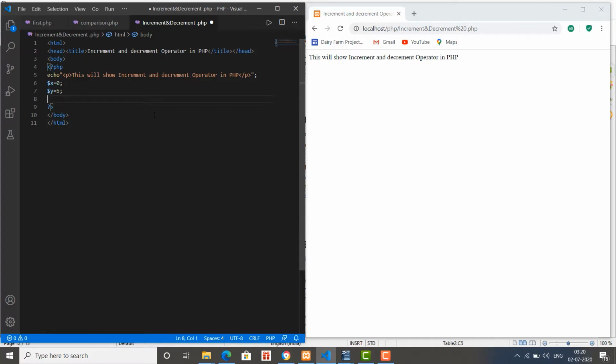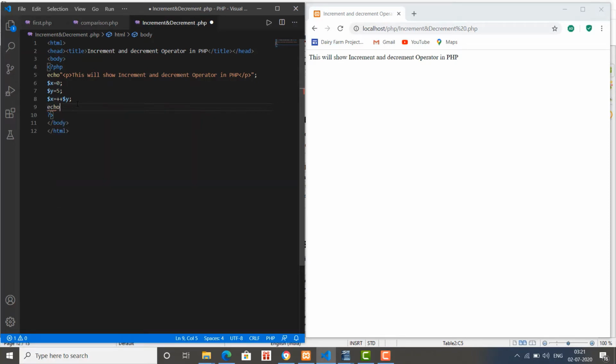First of all we will go with the prefix notation, and here we write $x = ++$y. This is what is called the prefix notation, or pre-increment, and we are going to display the values of the variables x and y and see the difference.